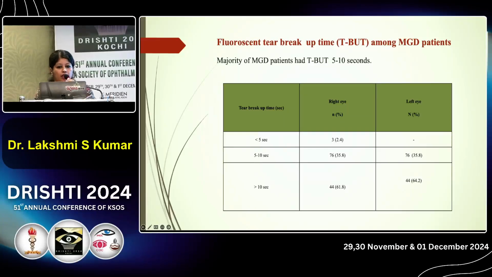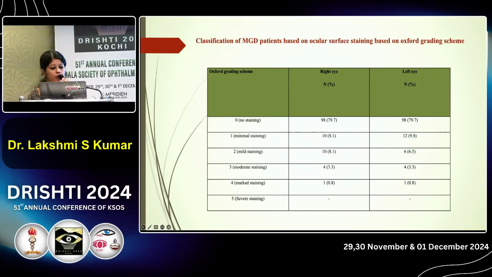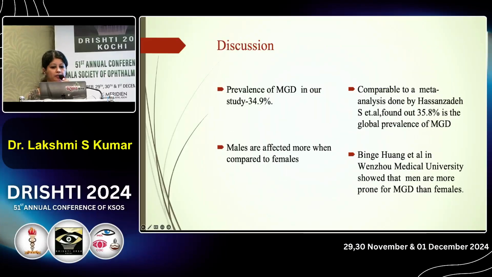And fluorescein breakup time among MGD patients: majority of meibomian gland dysfunction patients had a TBUT of 5 to 10 seconds. Less than 5 seconds was noted only in 3 patients. Classification of meibomian gland dysfunction based on ocular surface staining using the Oxford grading system: most of the patients had no staining. Discussion: prevalence of meibomian gland dysfunction in my study was 34.9%, which is comparable to a meta-analysis